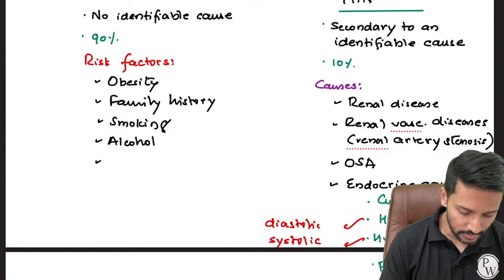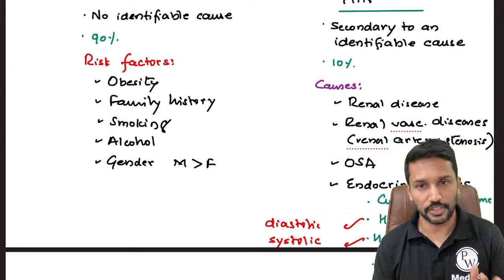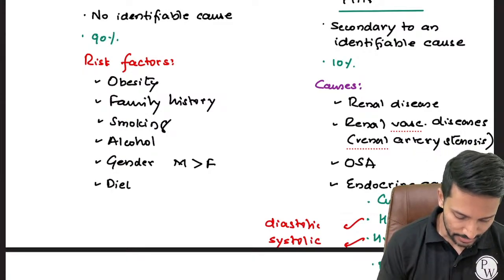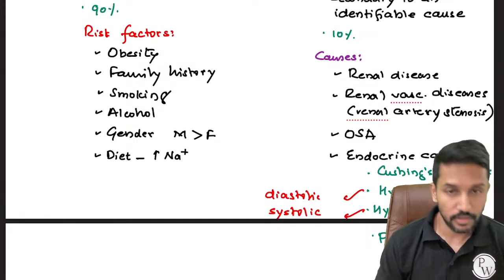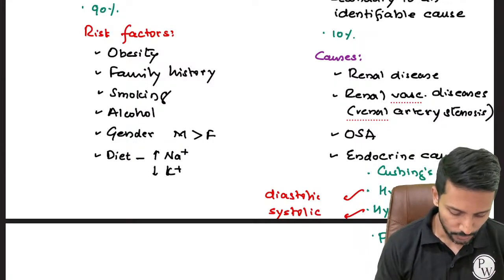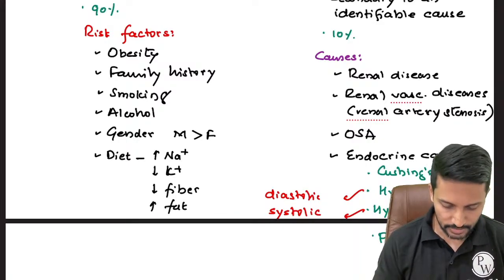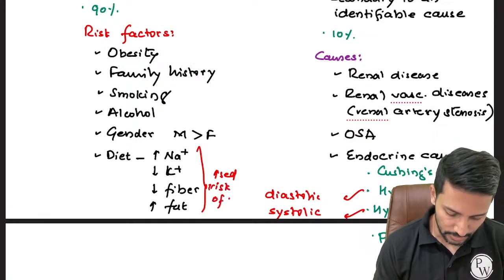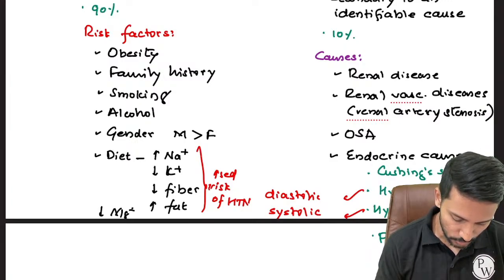Is gender a risk factor? Yes. Unfortunately, males are at higher risk of developing hypertension than females. Gender is certainly a risk factor. In terms of diet, even diet is a risk factor. So higher intake of sodium, though debatable with respect to recent studies, lower intake of potassium, lower intake of fiber in diet, and higher intake of fat. These are all associated with increased risk of hypertension. I forgot to mention, even lower intake of magnesium is associated with increased risk of